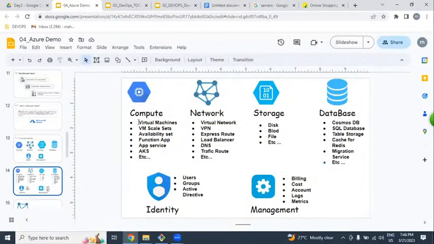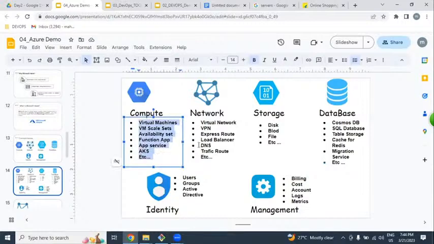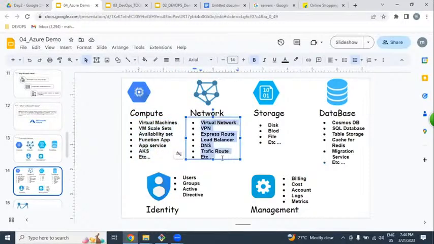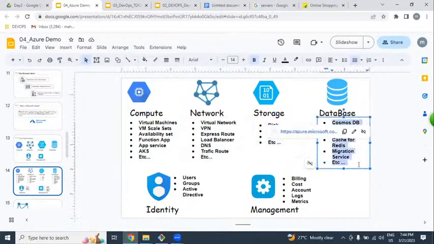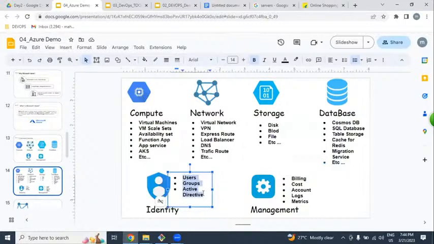Under computing power, we are going to discuss many services. In networking, storage, and databases, we will discuss many services. And user management, identity access management, and billing and cost accounts. These are all the services we are going to discuss.